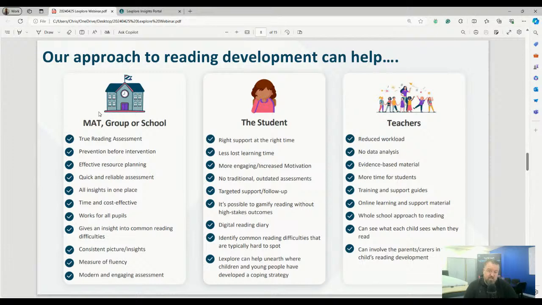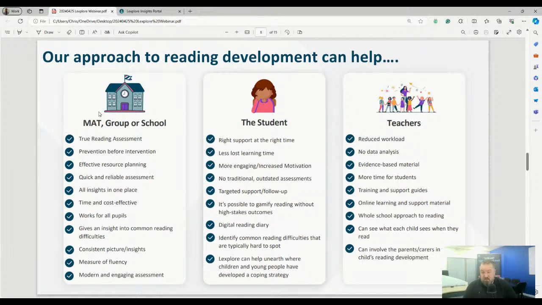So in a more traditional test, they'd struggle to get the comprehension questions right. It allows prevention before intervention because we go right down to year one. And actually, I've seen this today. A colleague of mine has been out in the school today, and they use it for year one. And they've said that is going to have a knock-on effect across the whole school because they get to the pupils that really need support early, so that it's more preventative than intervention.